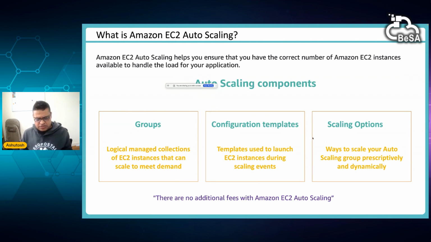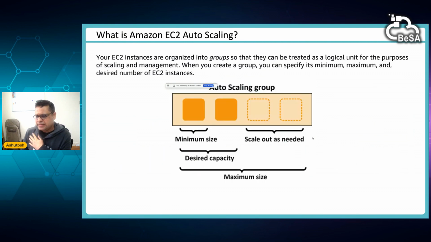Now let's discuss a little bit about auto scaling groups. It looks something like this, right? You create a group wherein you mention that you need a minimum of one instance. Obviously, you need at least one instance, but this is just an example. In real life, you will have hundreds or thousands of instances. But suppose this is a group we created, and we need a minimum of one instance.